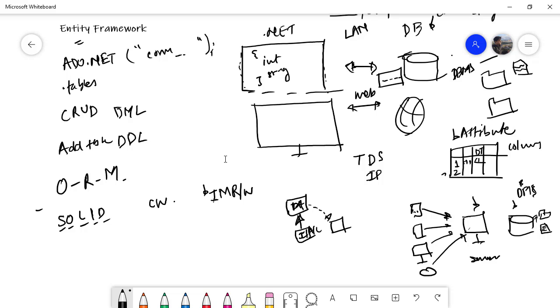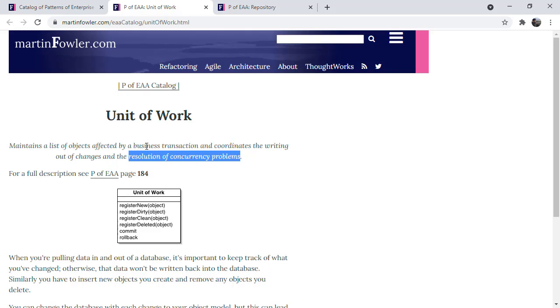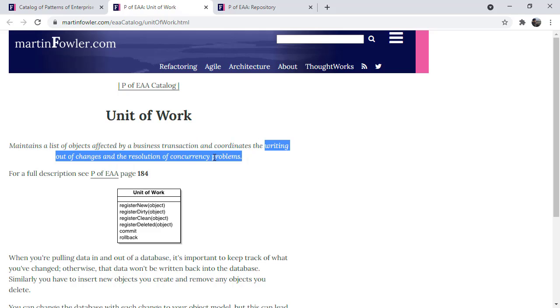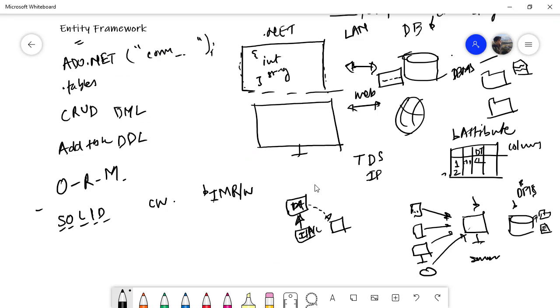When there are multiple entities that are going to access this data and they are going to perform business transactions, the CRUD operations, right? These CRUD operations, we are going to take away the ability of writing, and we are also going to handle concurrency problems with them. So if two entities, like the first entity and the fourth entity, want to modify a single row, it is definitely going to go through our code. And that code, which is going to coordinate all these things, is called unit of work,